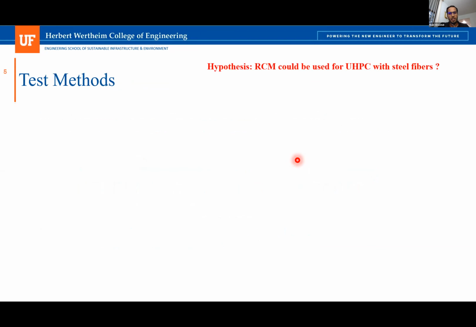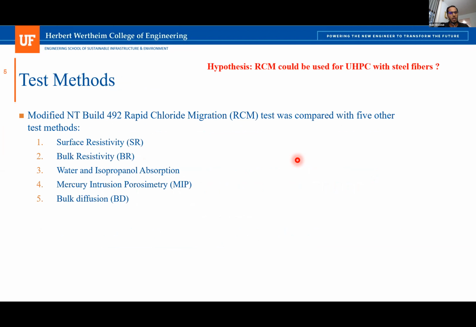So to answer the hypothesis that the RCM could be used for UHPC with steel fibers, the modified rapid chloride migration test was compared with 5 other tests. First is the surface resistivity and the bulk resistivity, the water and isopropanol absorption, the MIP, and the bulk diffusion. I believe we don't have time to talk about all of them, but we will talk